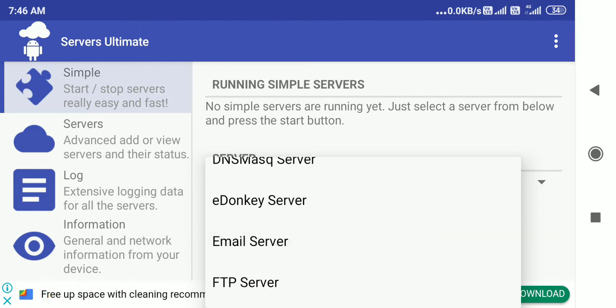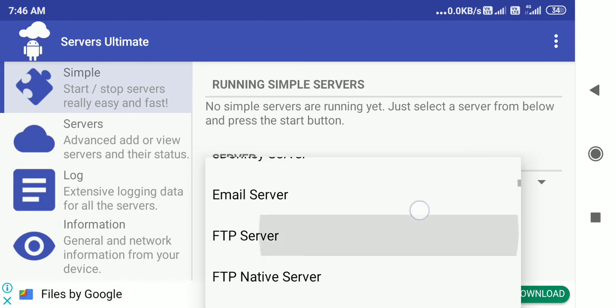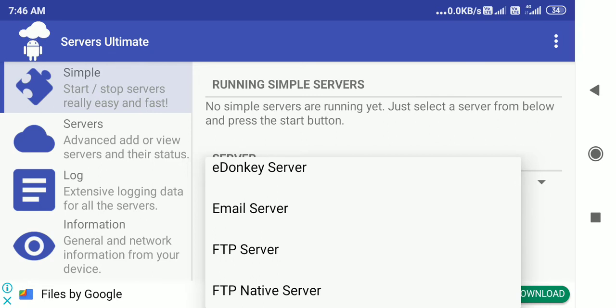Okay, eDonkey server is a kind of FTP server, or a kind of file service system. That is called eDonkey server. Email server we already saw. Email servers, we already saw two kinds of protocols. One was POP, another one was SMTP, another one was something to do with web. That we have not discussed too much. That we'll do later. That is called SST or something like that. So that was the thing.